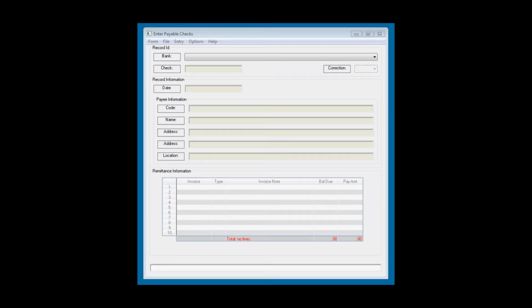This is a NOB software demo for entering in payable checks. First thing it prompts me for is the bank code. I'm going to use bank number 16 and check number. I got a stack of checks here. So the first check on the stack is 106-111